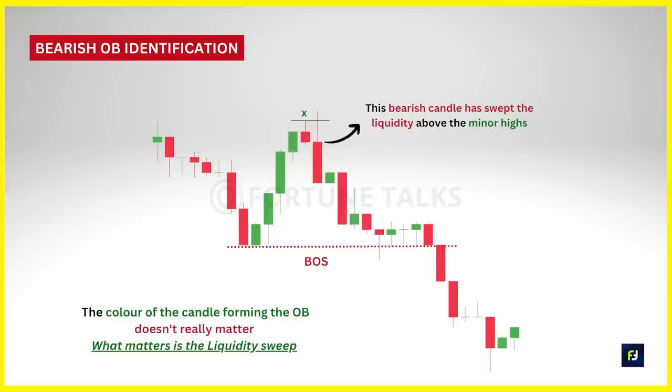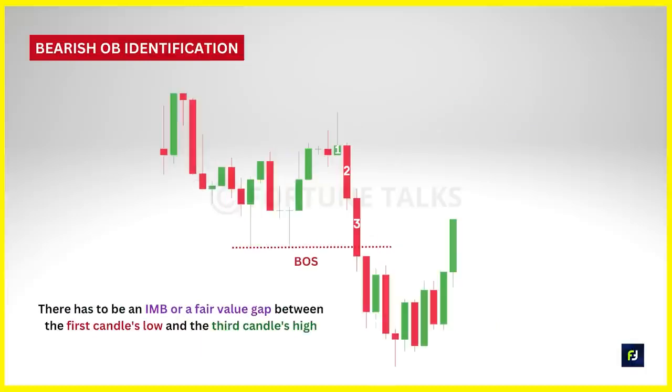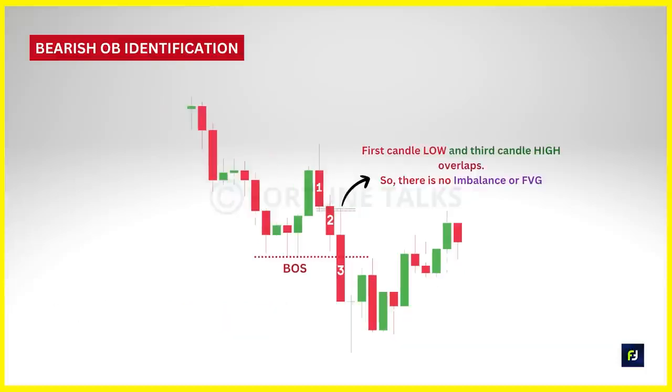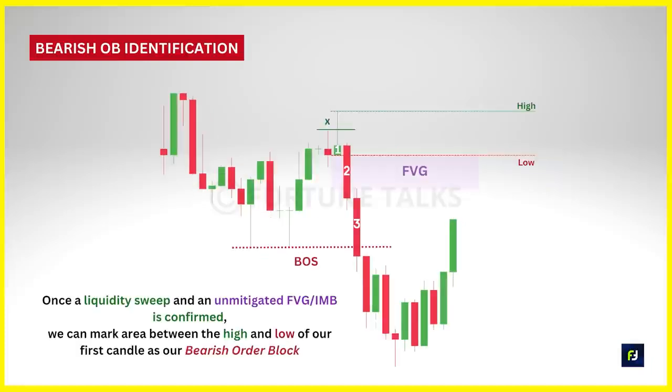What matters is this liquidity sweep. The next factor after this is to check whether there is an imbalance or a fair value gap between the first candle's low that we have identified and the third candle's high. If there is no imbalance or gap between them, then the order flow is not valid at all. But if there is an imbalance between the first candle's low and the third candle's high, then we can mark